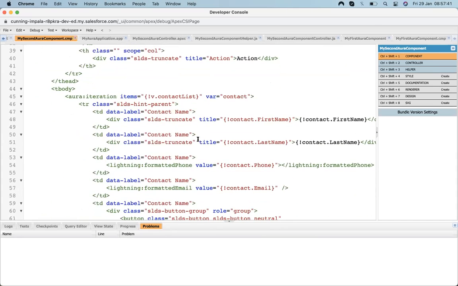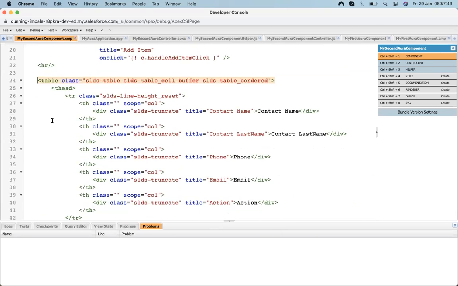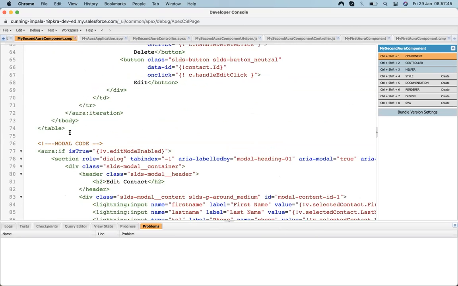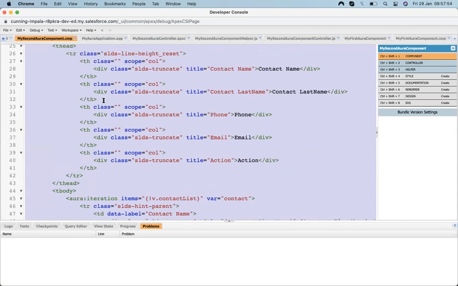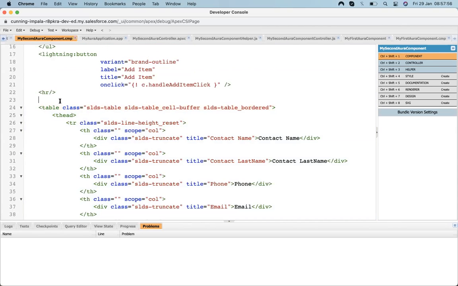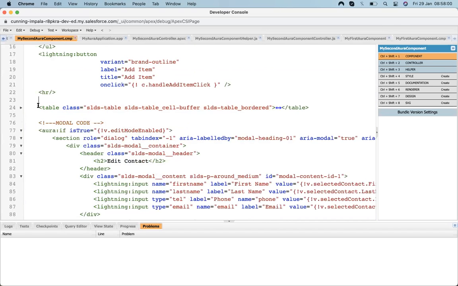In order to reduce the number of lines, we need to create a new component and hand over all this code to that component, and that component will handle all the code. We just need to call that component here, so this total code will become a single line.